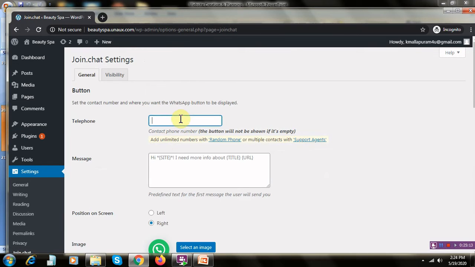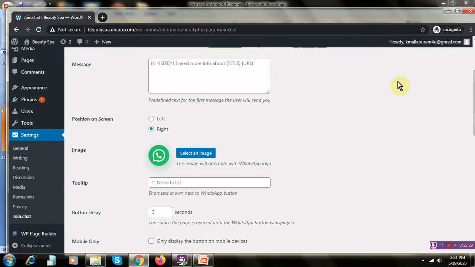So you have to enter your mobile number. So let me enter my mobile number. This is the description or the title that you want to enter, so that when somebody comes to your site or clicks on the WhatsApp image, this is the detail that they will be seeing.